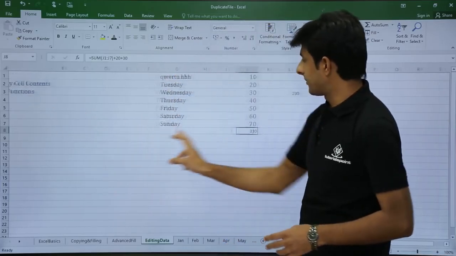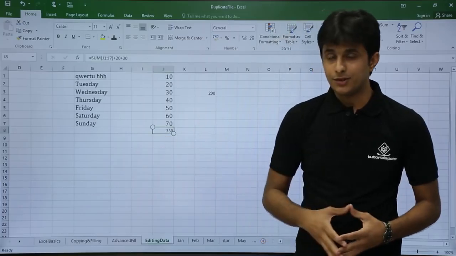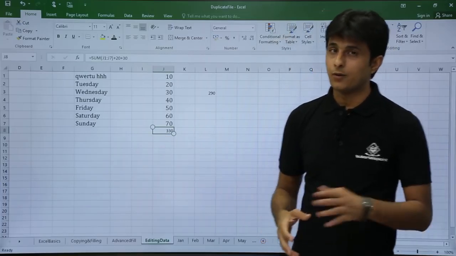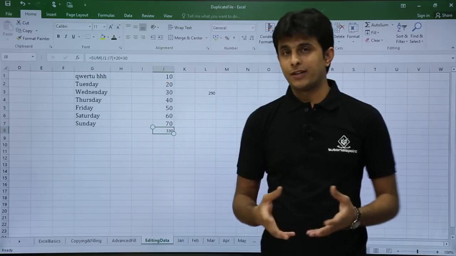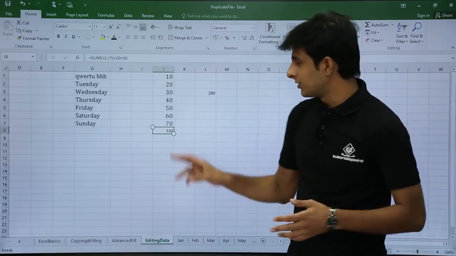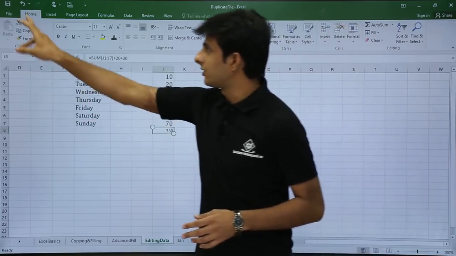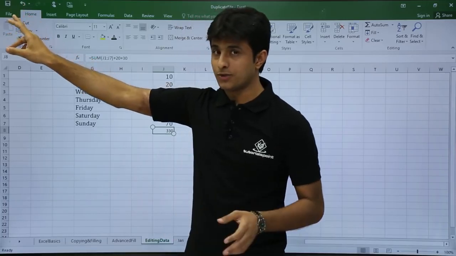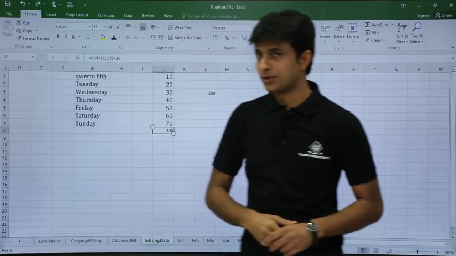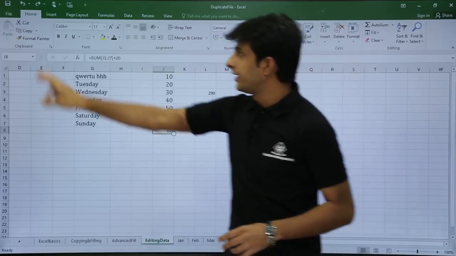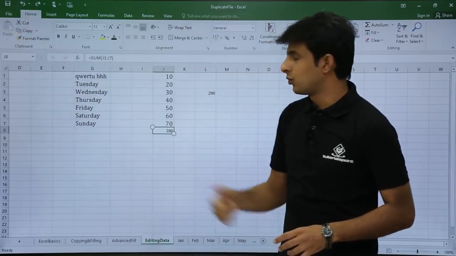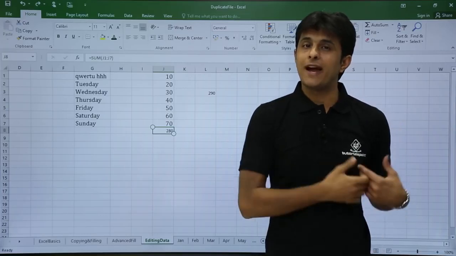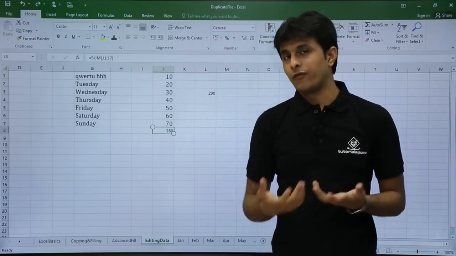Next and the last one which we have is undo and redo. I have done here some adding of 10, 20 and 30. I do not want that. I want to go back. So there is a method known as undo and redo. So if I want to go back, I can see on the home tab, on the quick access toolbar, there is the undo option. So I'll just click on this undo option and you can see it is 300. If I go for the undo option, it becomes 280. So that means I'm going back to the place from where I came.